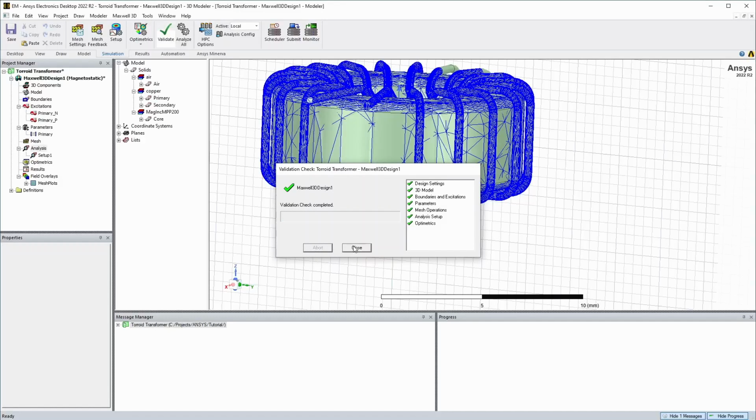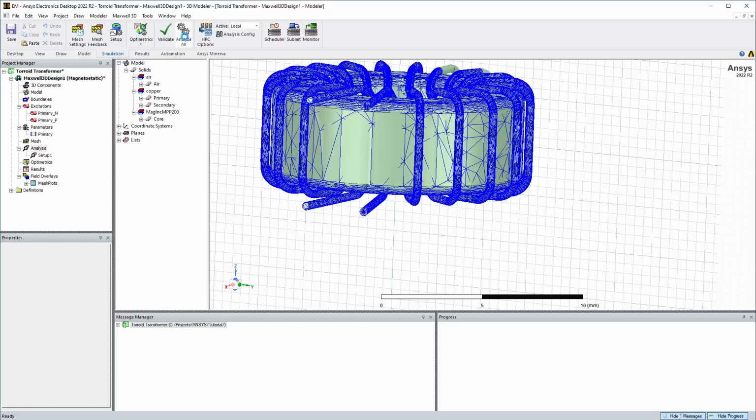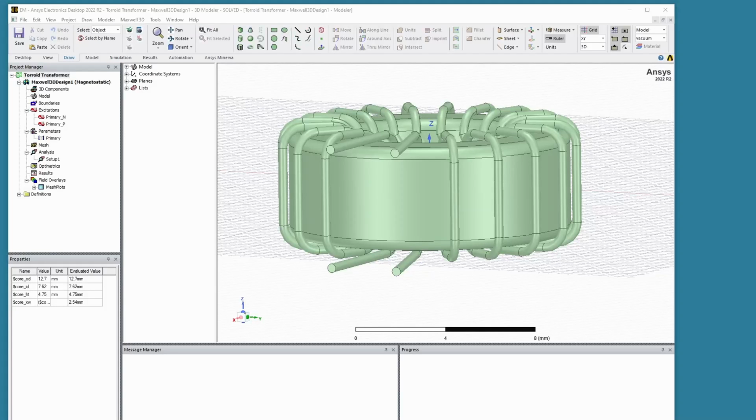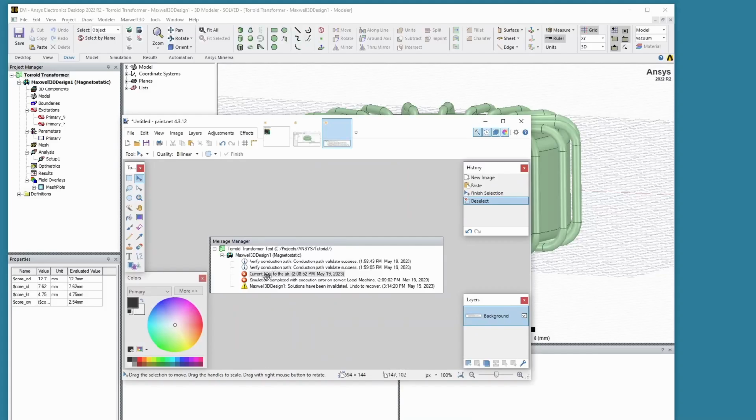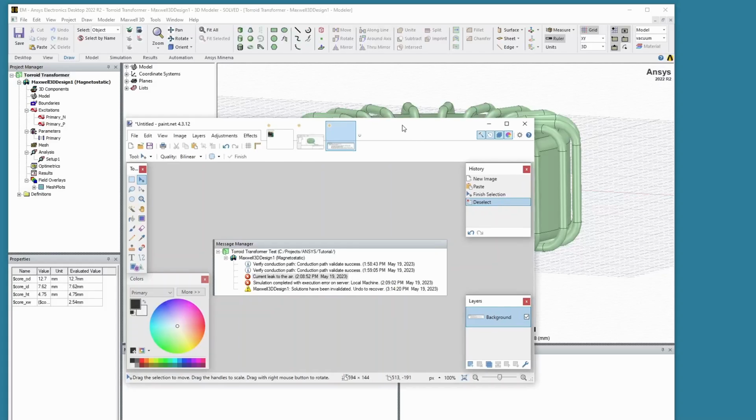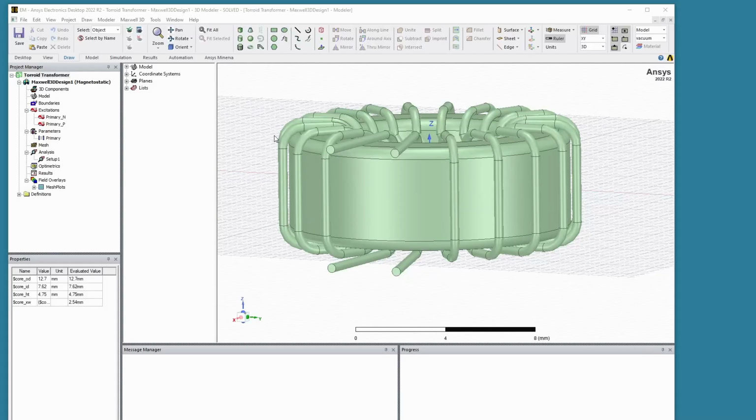Looks like everything's ready, so we can go ahead and analyze all. So that simulation failed, and this is the error message that it gave: current leak to the air, simulation completed with execution error. I fiddled around with it for a minute, and then I realized I didn't do this region here, this